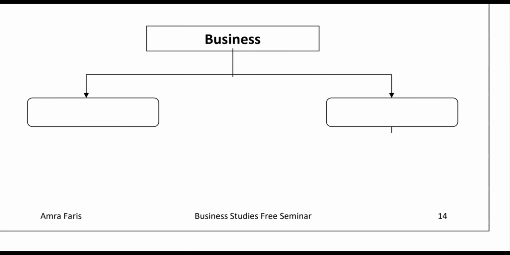Someone asked me about endowment assurance. Endowment assurance is like insuring for a certain purpose, which comes under assurance. You're obtaining an insurance policy for a certain purpose, for the marriage of your child, or for the higher education of your child, or as an investment. If that risk happens, they'll pay the compensation. If the risk didn't happen, they will repay the premium with bonus and profit. Like an investment, they will repay you back. That is endowment assurance.